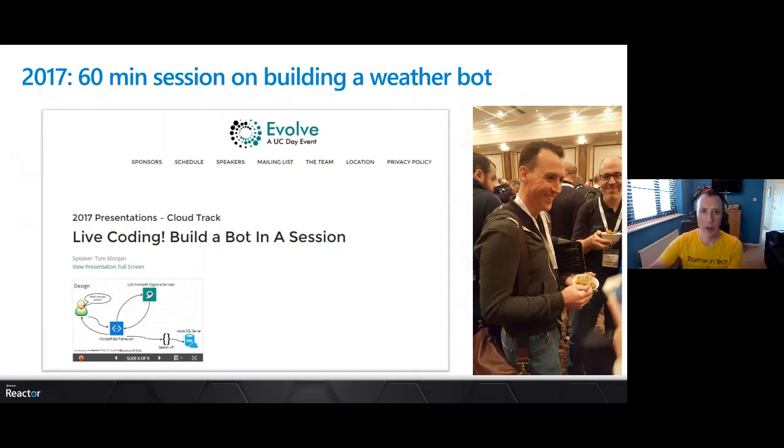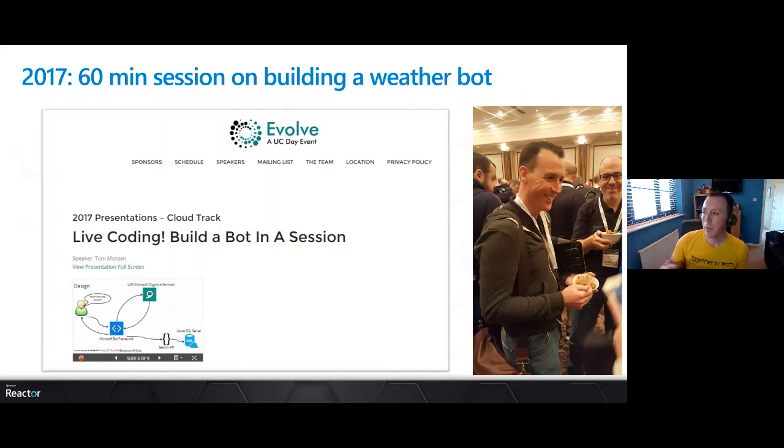You say, I want the weather for London or New York, whatever. It goes away, calls an API to go and get the weather, gives it back to you, and there you go, right? Everybody understands that, but it's really useful to do as a demo because actually you're just calling an API. So that could be anything. It doesn't have to be the weather. It could be your third-party integration system, your product database, your sales database, whatever. It could be any number of things.